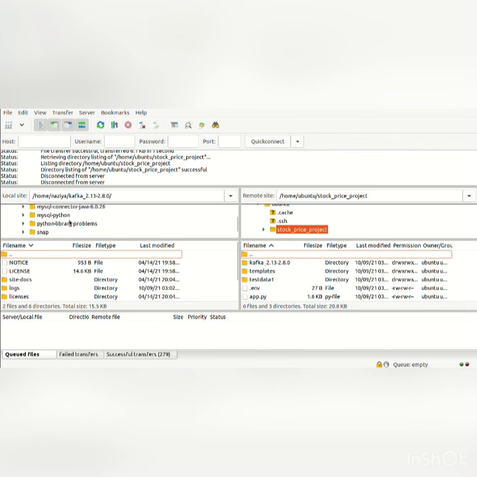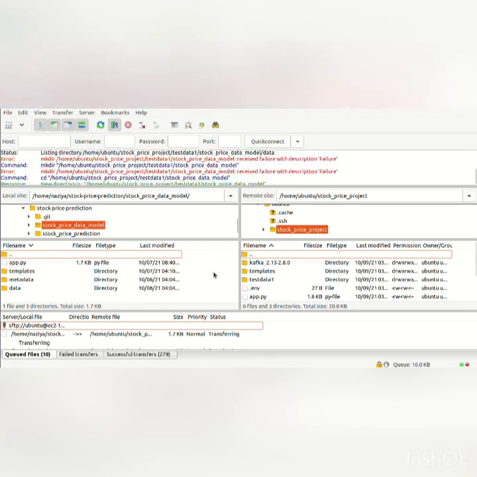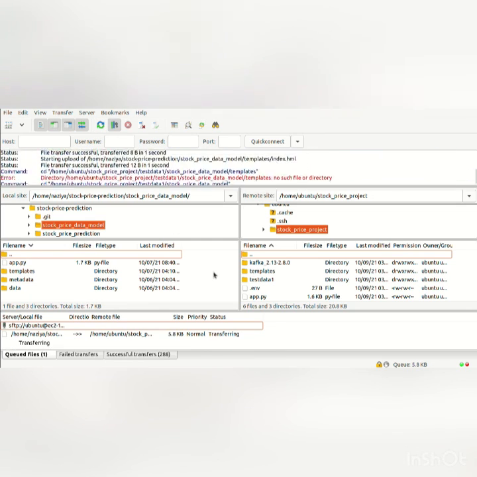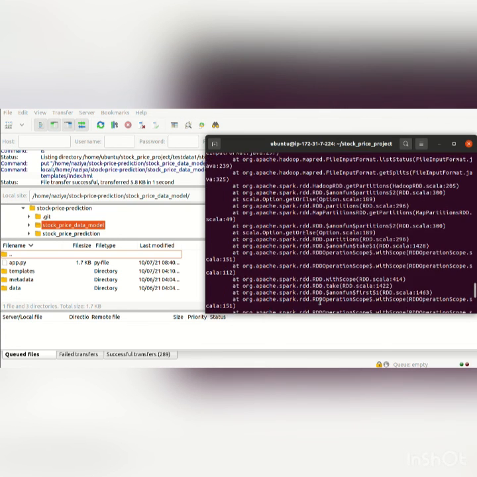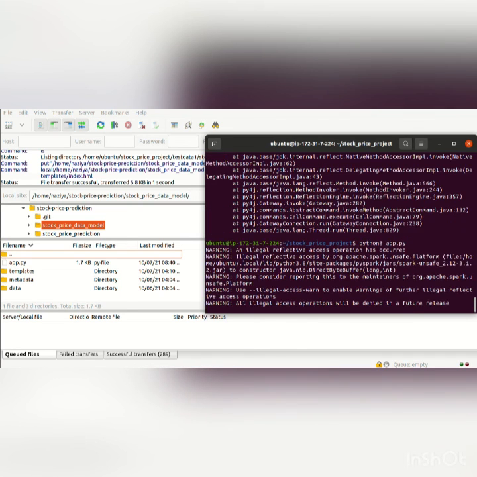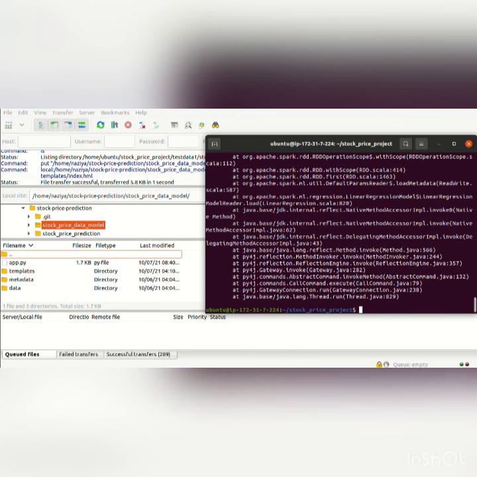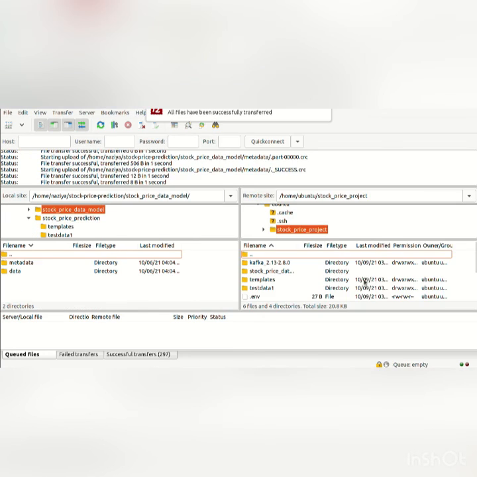Sometimes while dragging and dropping, you need to make sure you do it properly, because while dropping it, you might drop into the folders themselves. So I might have dropped into that test data one. So just a second, we'll check it out.